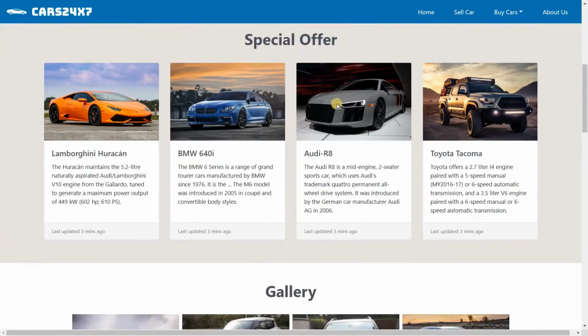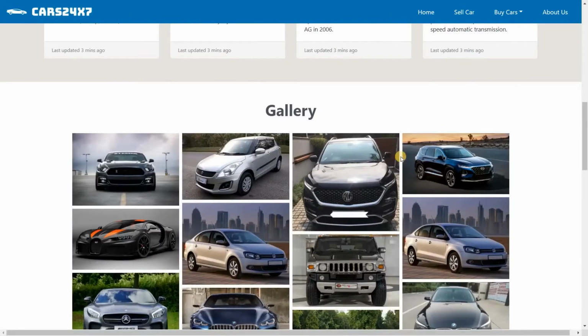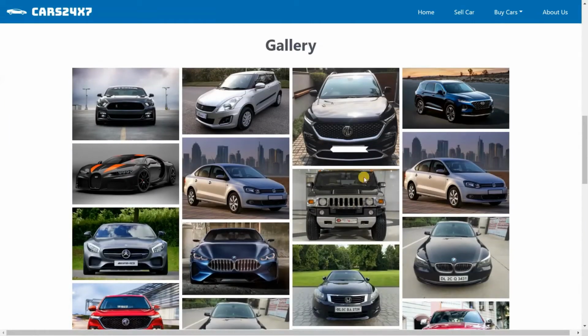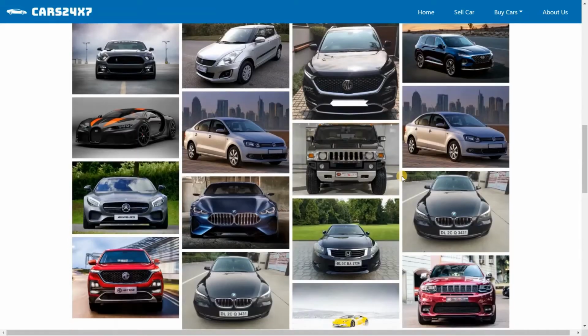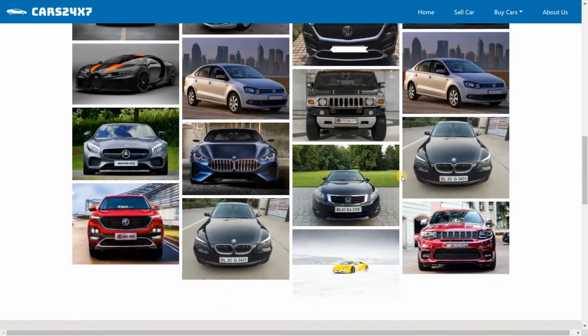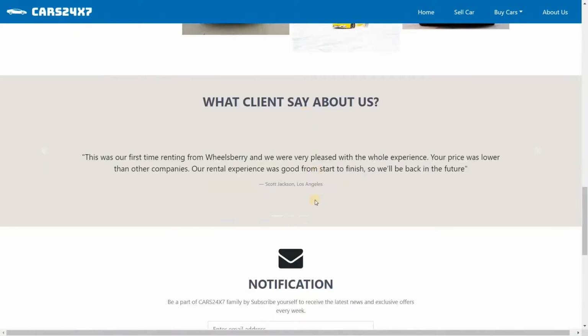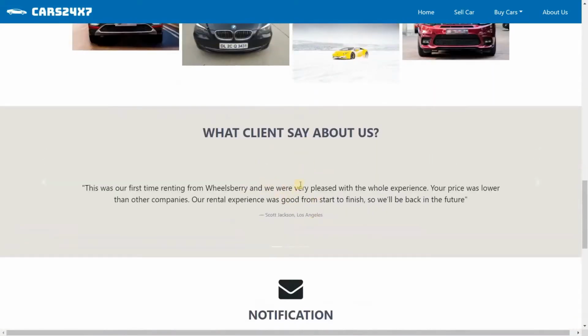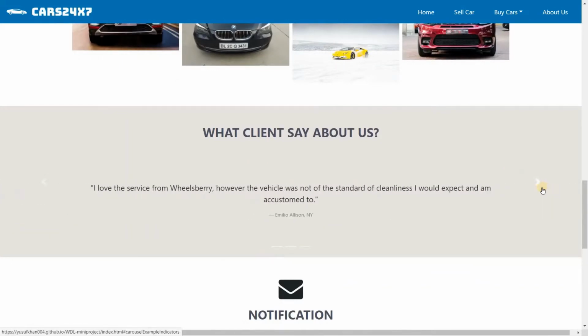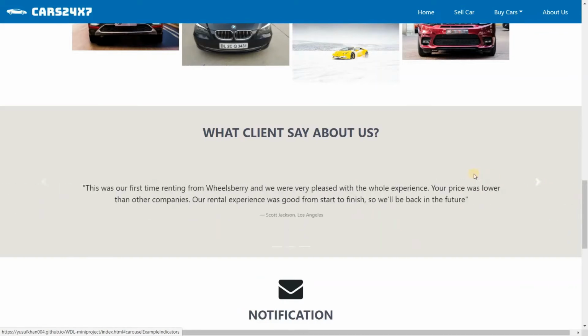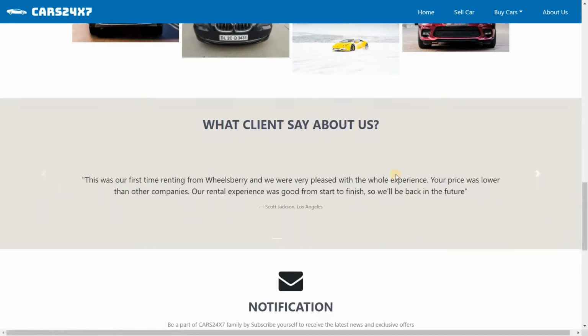We have also added this gallery, which is full of cars which are mostly liked by the clients. Then we have this carousel, which has recent reviews of the members who visited this website and gave their own opinion of it.